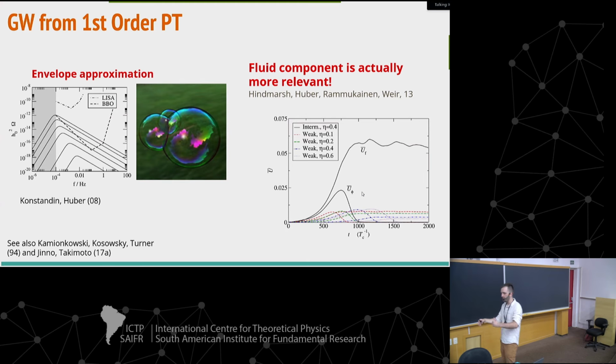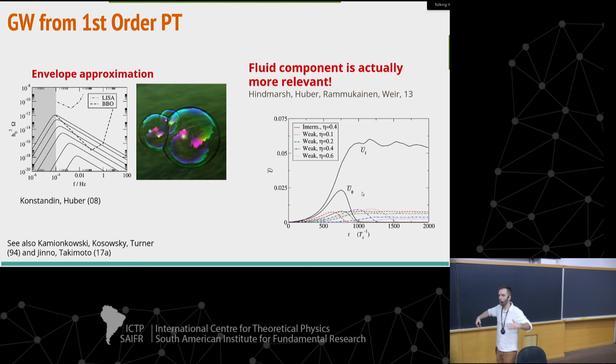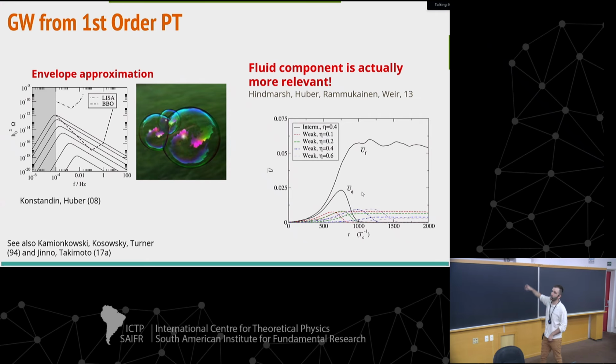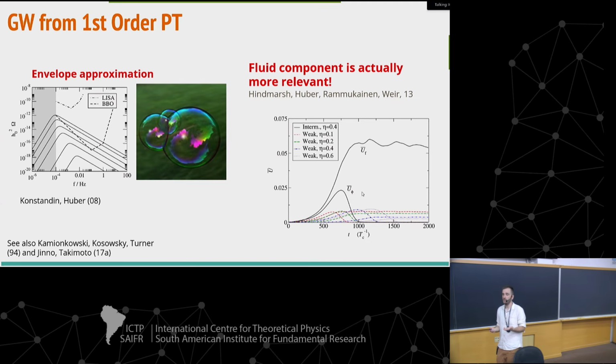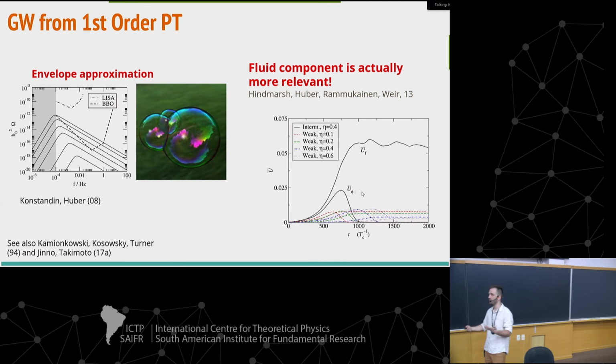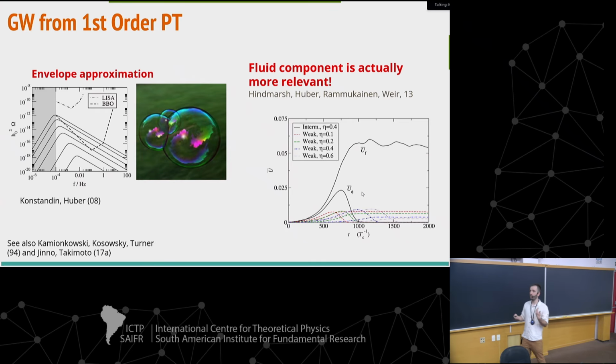So actually, if you have a fluid coupled to this scalar system, you're going to generate waves for long, long times. As you see here, the scalar part decays while the fluid part goes on for long, long times. So the question is, how can we predict gravitational waves from this fluid component? One thing is to use the envelope approximation for the scalar part, but for the fluid part, it's a